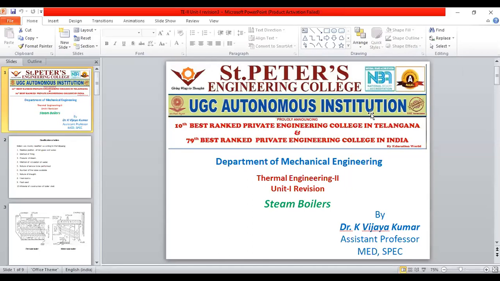Actually, steam boilers are one of the important components in the steam power plant layout. So the function of the steam boiler is that water is converted into steam. The equipment used for producing steam is called a steam generator or boiler. The fluid is contained in the boiler drum called the shell, and the thermal energy released during the combustion of fuel, which may be solid, liquid, or gas, is transferred to water,